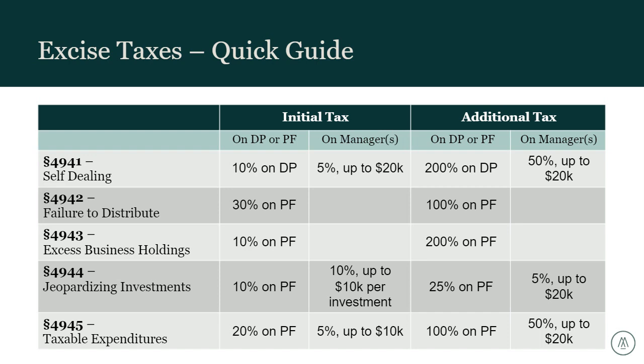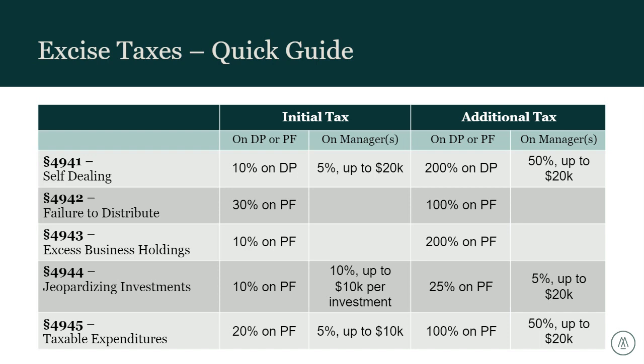For self-dealing, the excise tax is imposed on the disqualified person who engages in the act of self-dealing with the private foundation, and 10% of the amount of the transaction is assessed on that disqualified person. There can also be a 5% tax on the amount involved imposed on the foundation manager who participated in the prohibited act, up to a maximum of $20,000. Then you can see the additional tax there is significant. It can go up to 200% of the amount involved on the disqualified person, and then 50% on the manager,